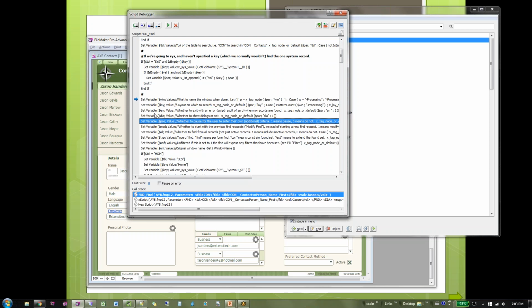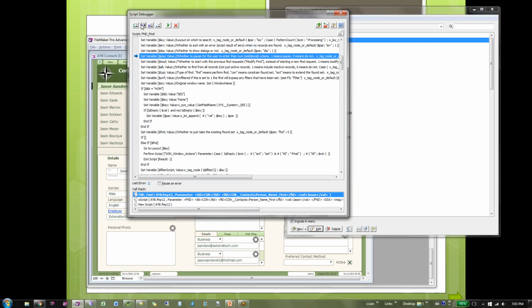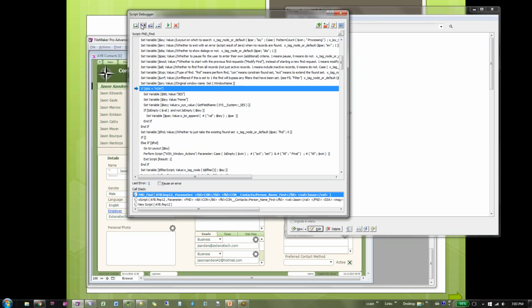We can get very, very detailed because this script almost never gets edited. It just gets called with parameters. So once you put in the hard work to write it the first time, you can pretty much go, well, finding just works, and I've already taken into account all those considerations. So this is going through and setting the fields I've specified to the values that I've specified, making sure we're on the right layout.